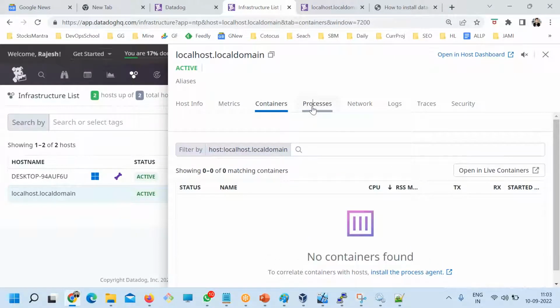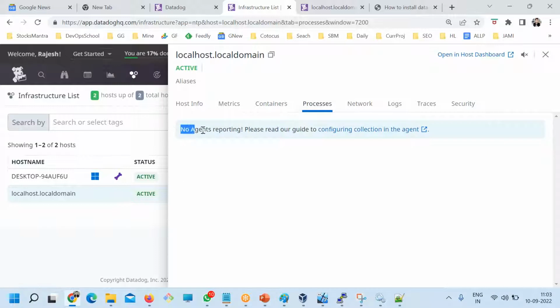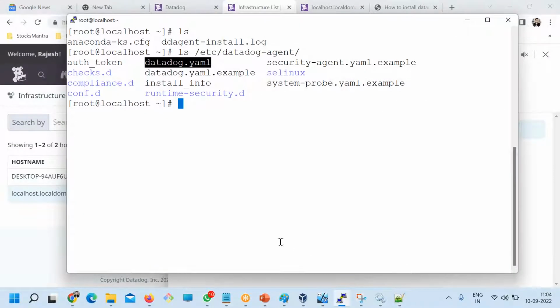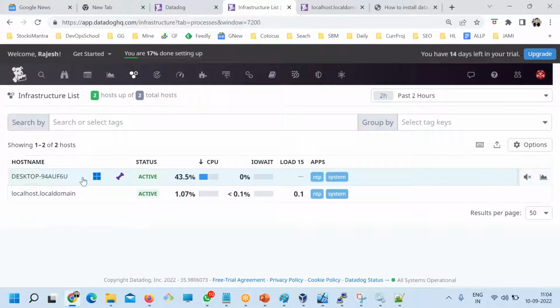Which are the processes? See here, it says the agent is not reporting the process information. So we need to configure it. I need to tell the agent, hey agent, collect the processes also. In Windows, I have done it because it was an older setup.